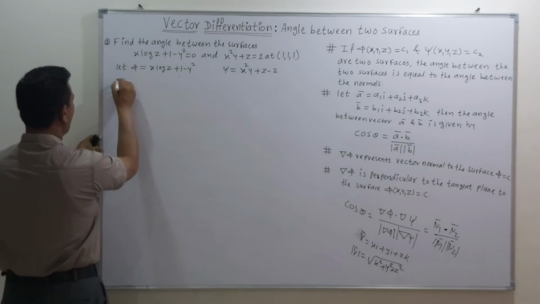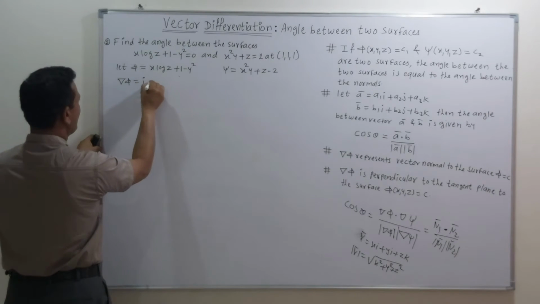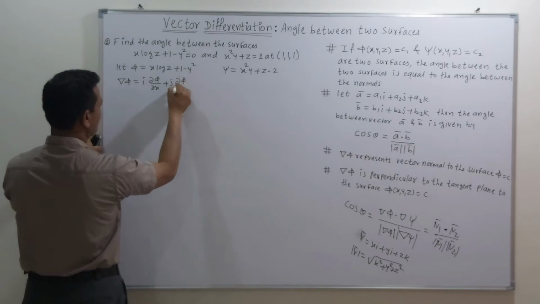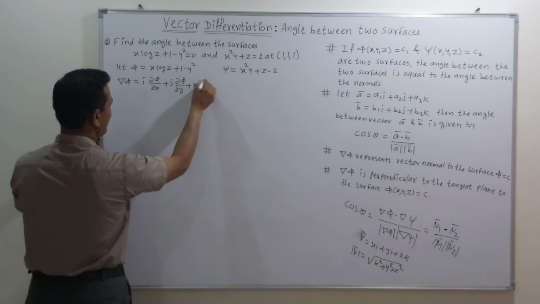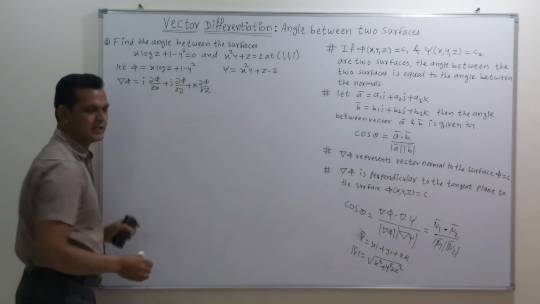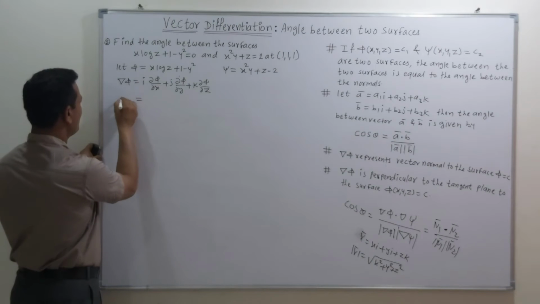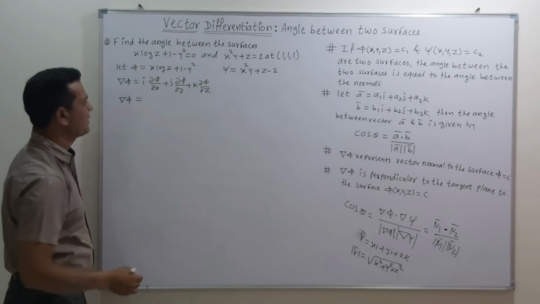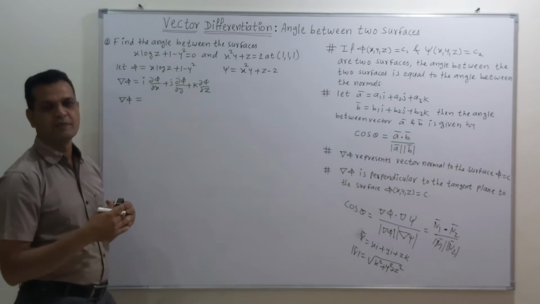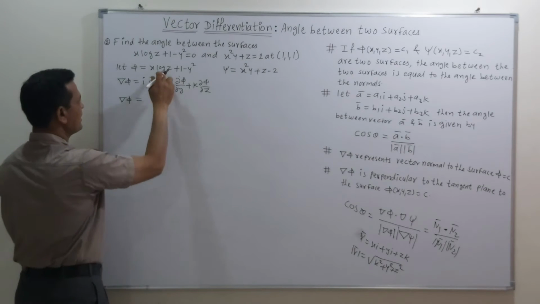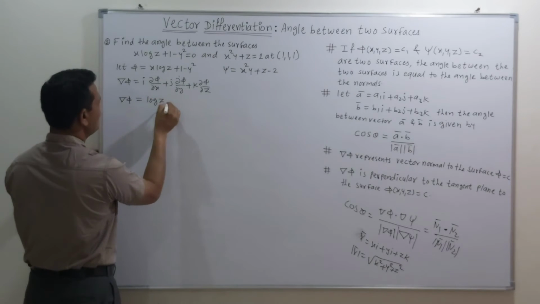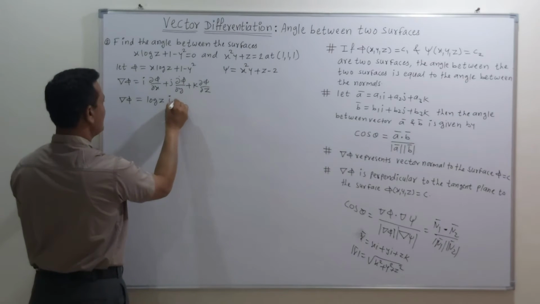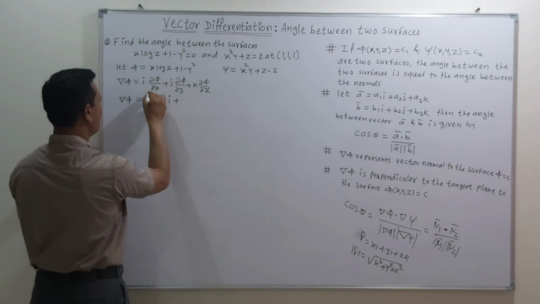Here, if we find the value of del phi, which is defined as the partial derivative of phi with respect to x into i plus j partial derivative of phi with respect to y plus k partial derivative of phi with respect to z, then we get del phi as the partial derivative of the phi term with respect to x. While taking the partial derivative with respect to x, y and z are constant. So here log of z is constant, the derivative of x with respect to x is 1, and there is no other x term, so into i, plus, here this is the first term.